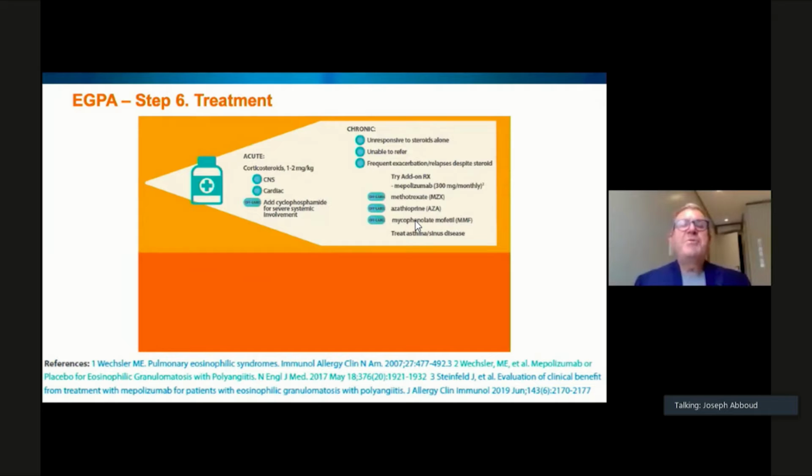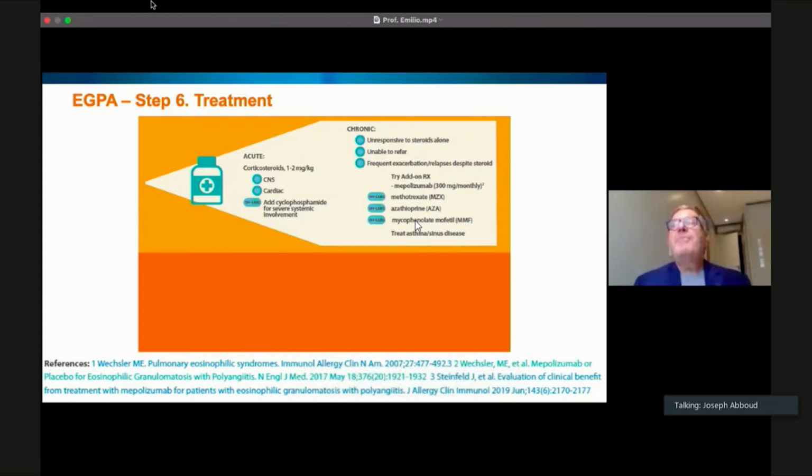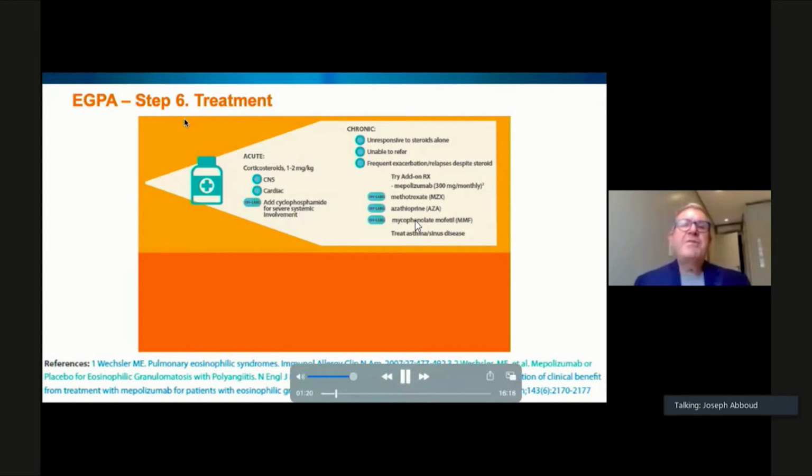And we are going to present today some data about the use of a monoclonal antibody, which is mepolizumab, Nucala, which is given in doses of 300 milligrams, so 3 vials per injection every month, in the treatment of patients